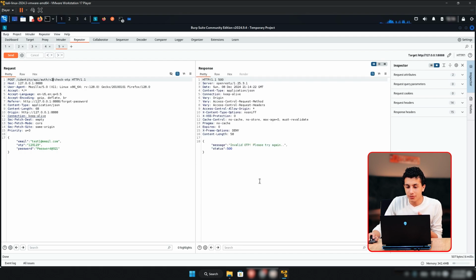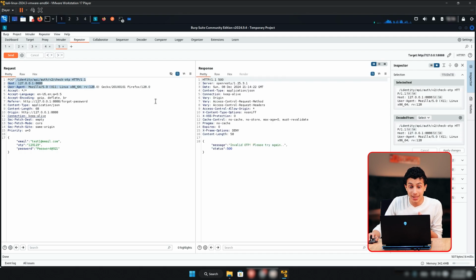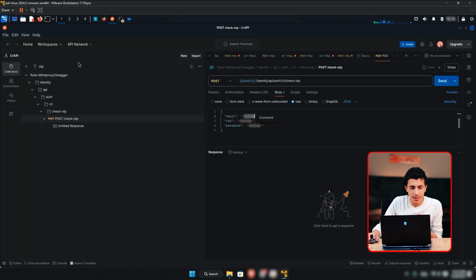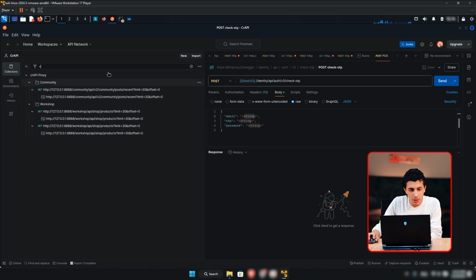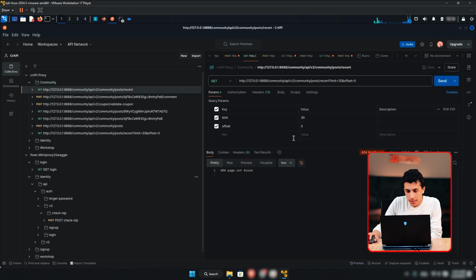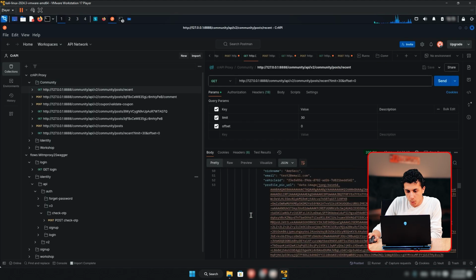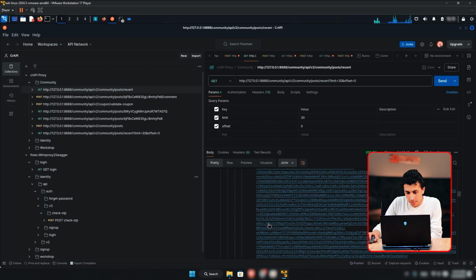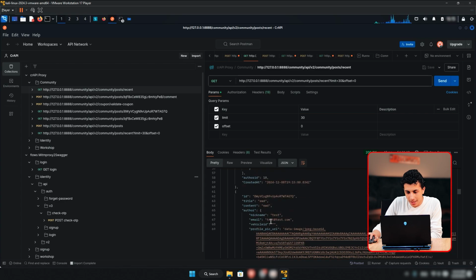Because there is no limit on attempts at this endpoint, we can simply brute force the OTP for any email we need. And this will let us have full control of any account on this website. So let me remove that and go here to community, posts, recent, the response. Let me get anyone's email, not mine. Okay, so we have this email,